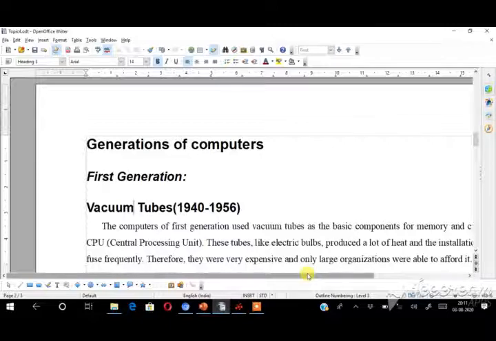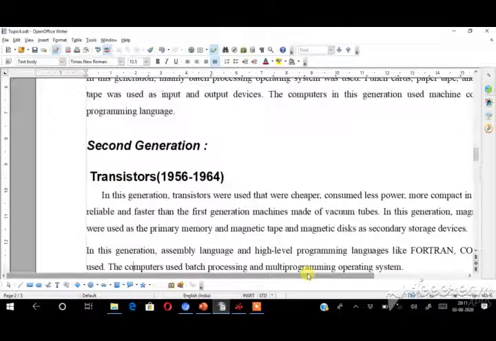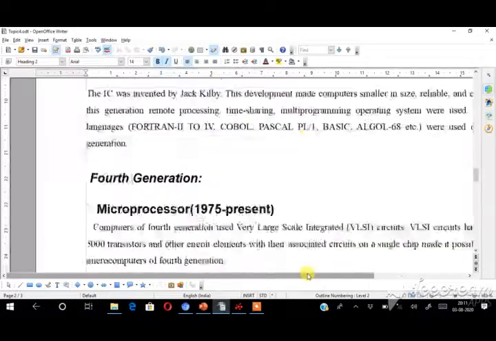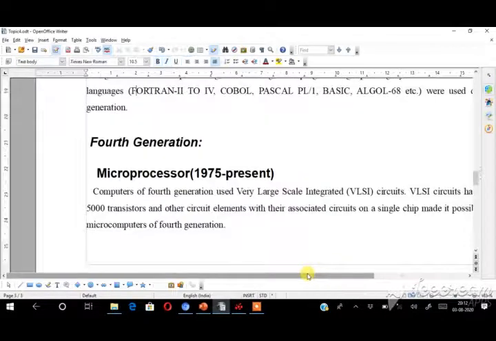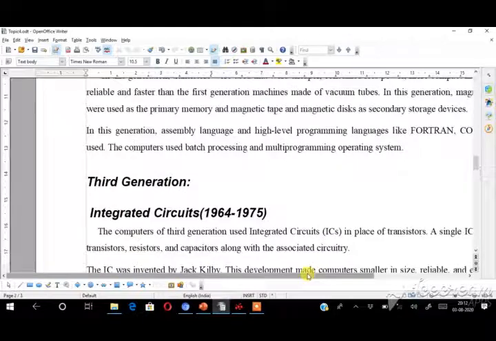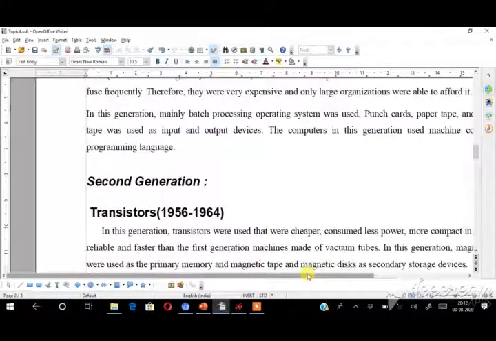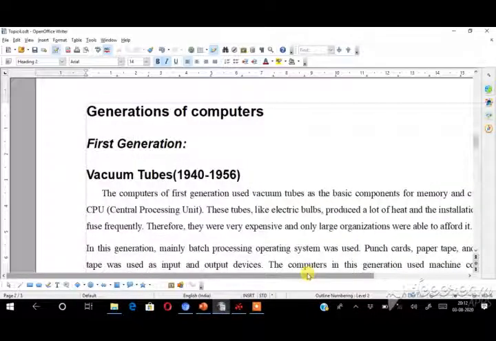So here you can see some data: generation of computer, first generation, and then technology used in the first generation, and then the second generation, and then technology used in the second generation. Like this, we have 5 generations of computer and technology used. Before creating a table of contents, first we have to decide the top heading, subheading, and further subheading. First, we have to set default styles to the headings. We already learned how to set styles. If you don't know, watch the video of this chapter.